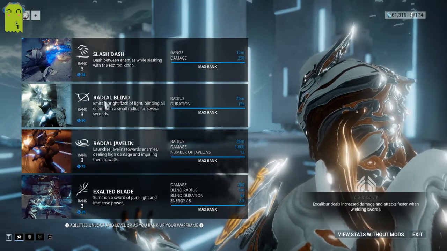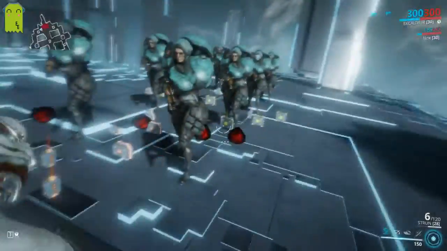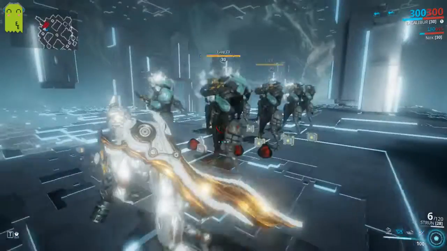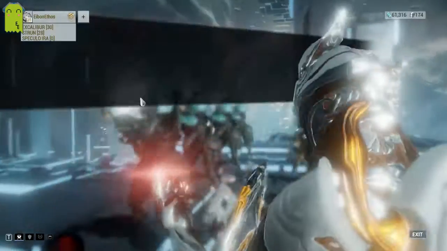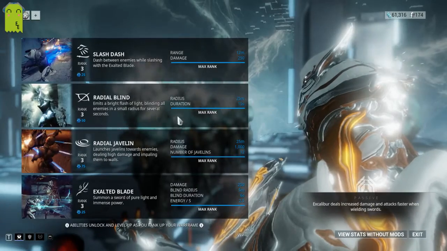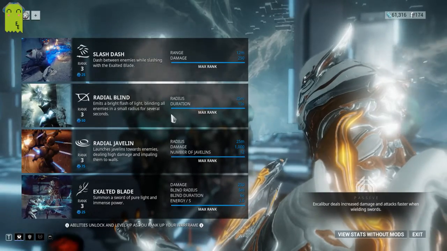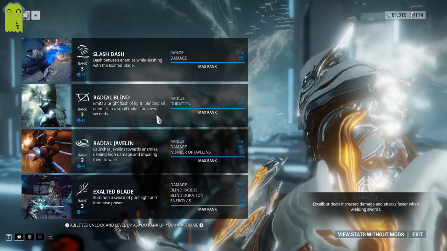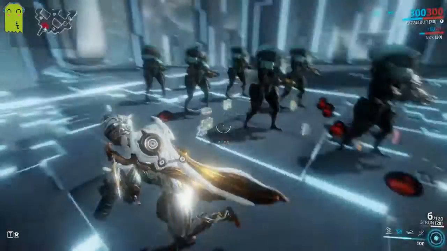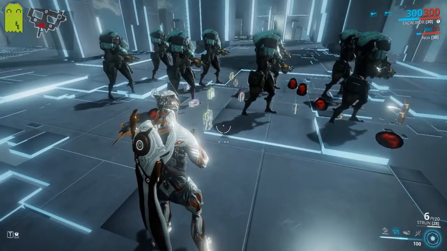Now, his next ability, pretty simple, Radial Blind. It blinds enemies for a few seconds. Boom. There they go. It has a decent range. It makes them basically unable to hit him or to fire at him. They have reduced accuracy. So that's great. And then his next ability, Radial Javelin, is pretty strong. I also believe, just to make sure I'm right,